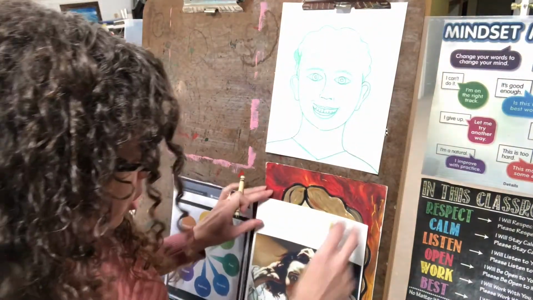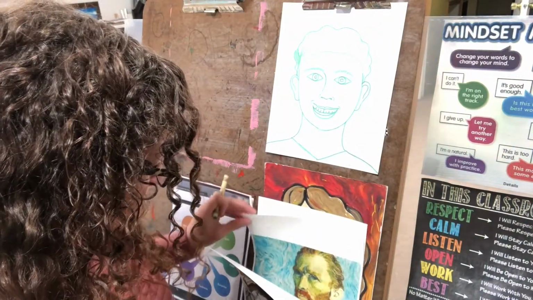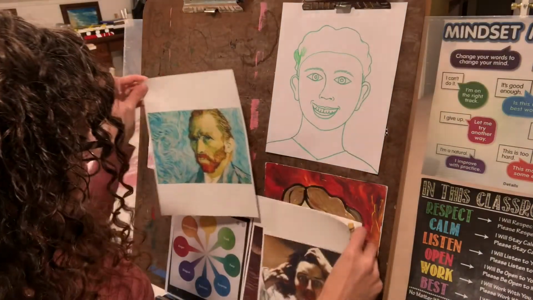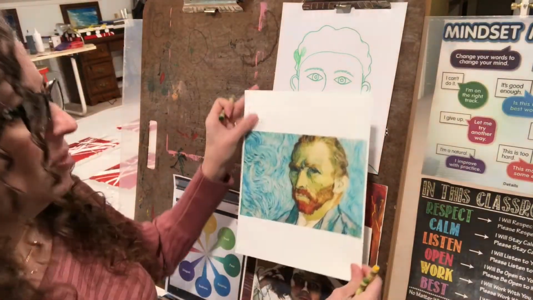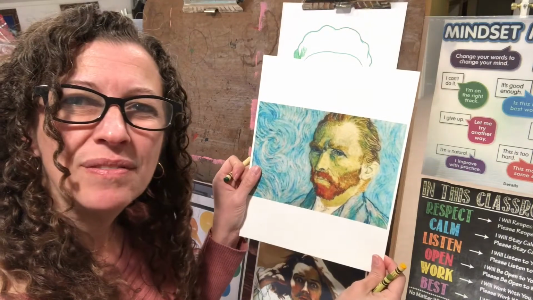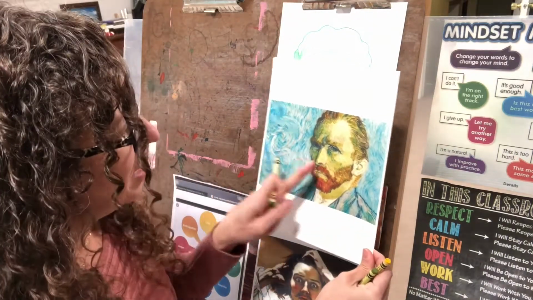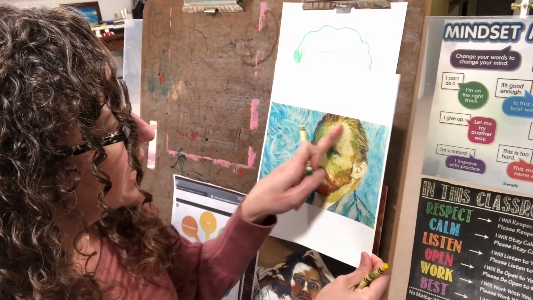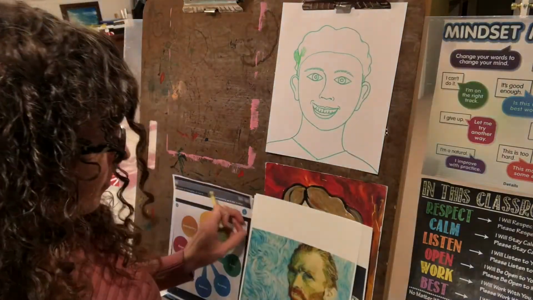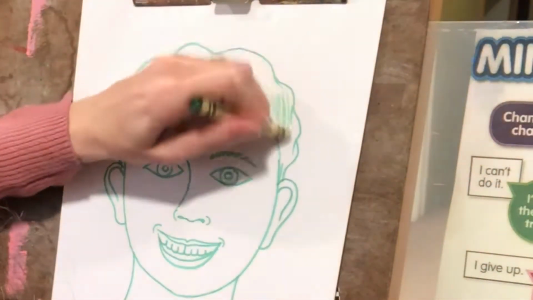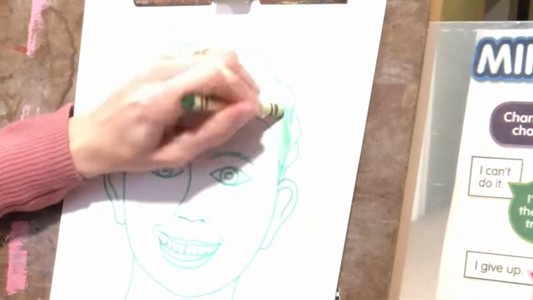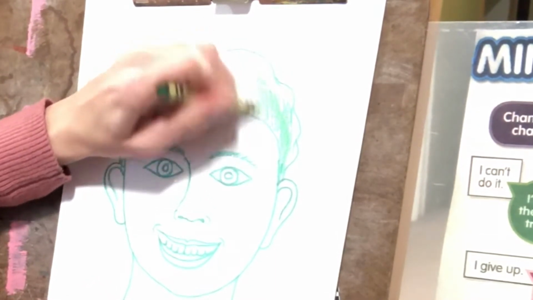I am just gonna go along kind of like Vincent van Gogh-ish, right? I see a lot of yellows and I see some greens. So I'm just gonna give this person some green hair, but you do not have to.